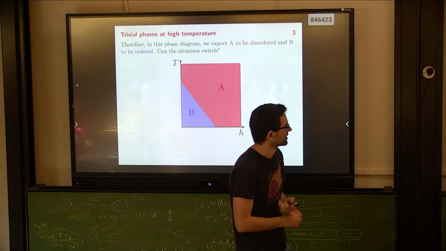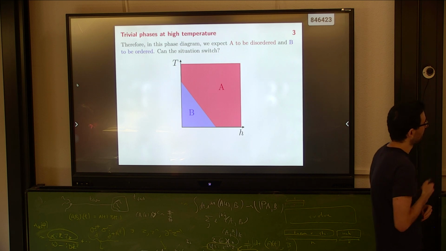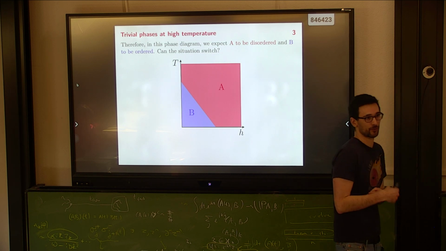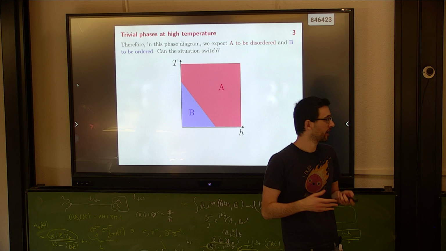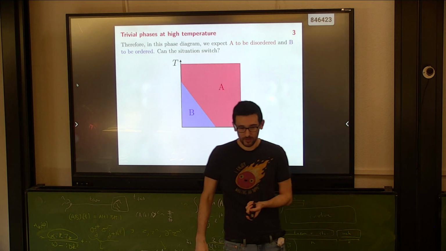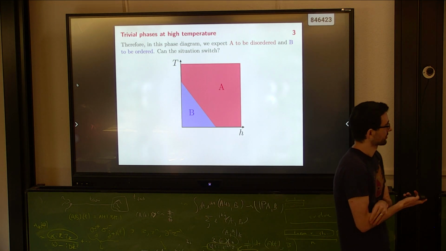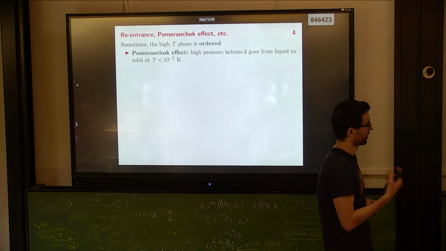Okay, so the question is, can the situation switch? Can we have A be an ordered phase, and B a disordered phase? Namely, you heat the system up and you actually discover order. That might seem surprising, but actually the answer is yes, and it's very well known how to